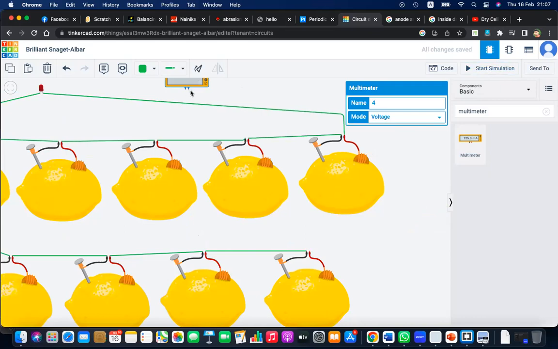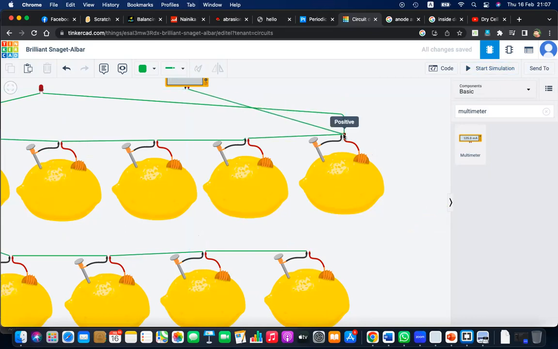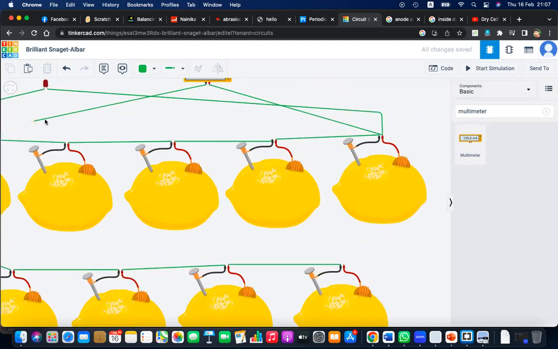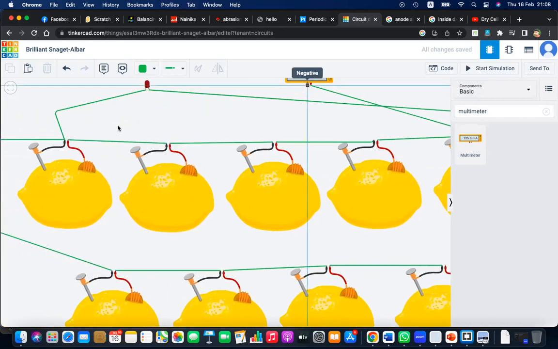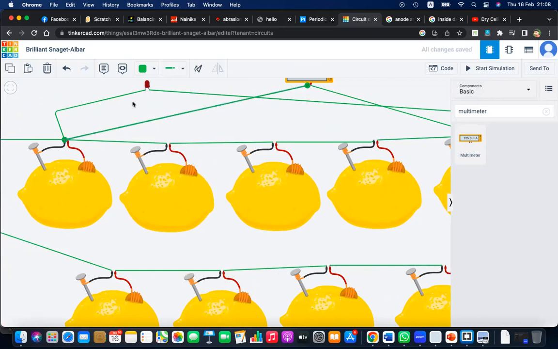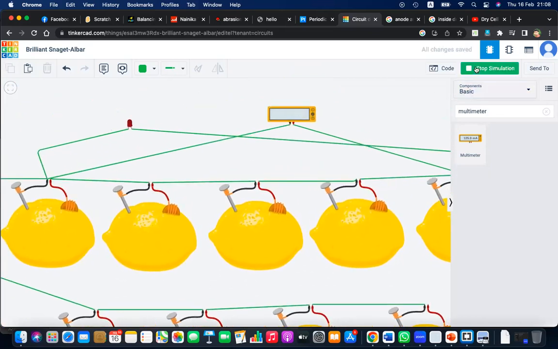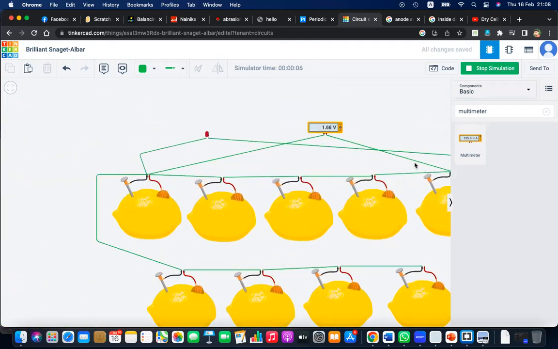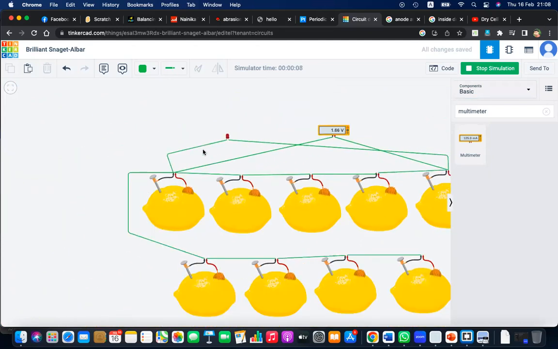And stop the simulation. It's negative to the negative. It is for 5 batteries also, it is 1.66. 5 also 1.66 means not enough. Reason is after connecting this LED